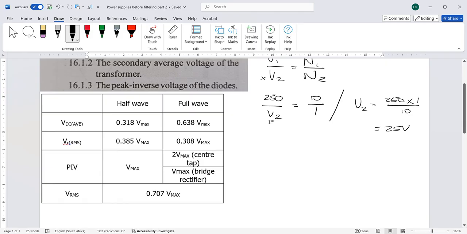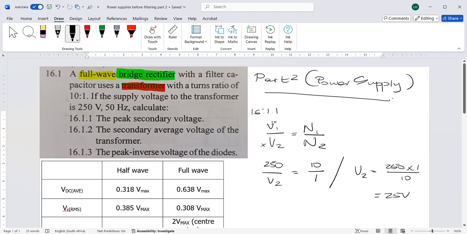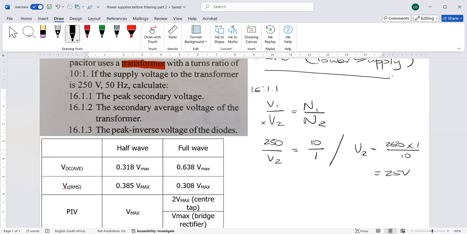So one of the things that people constantly make a mistake on is that when they see V2, the secondary, they say that's the final answer. That's not the final answer. Why? Because of the transformer there. So what do we need to do? Let me write it here: if you see transformer in your statement,